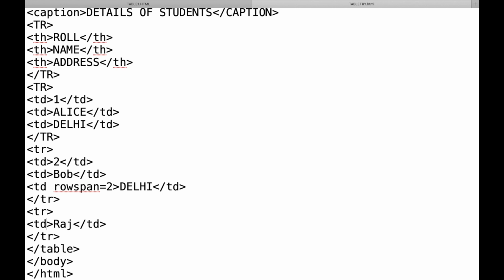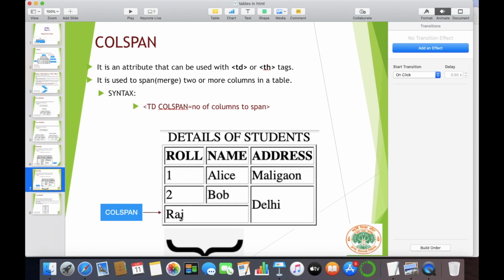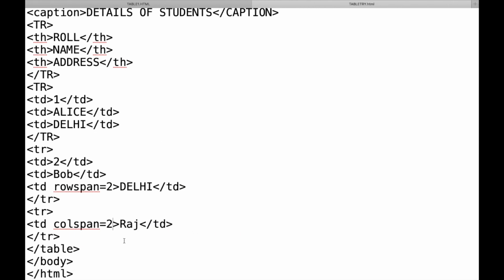So, here what we will do? We will do TD colspan equals to how many columns have been merged here? 2 columns, roll number and name. These 2 columns have been merged. So, we will give colspan equals to what? We will give colspan equals to 2. And since